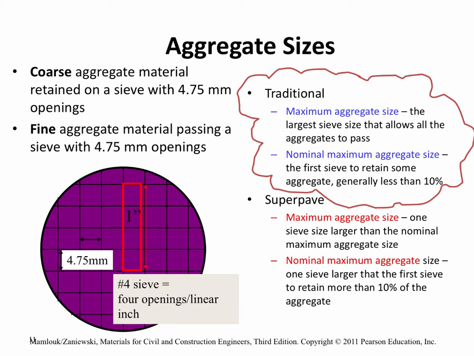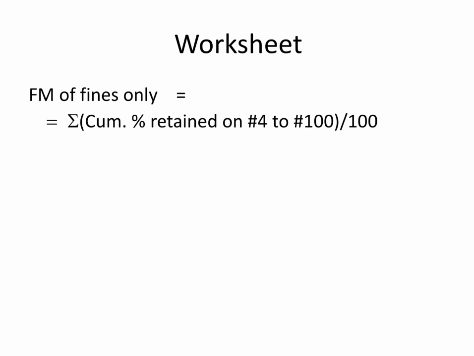And you can find the fineness modulus just for your fines, right? Anything passing through the number 4 opening. And you can also find it for your entire sample, including your coarse and your fine. And so what that looks like is, if you were to look on your worksheet, you'll see that we have a couple different formulas. So the fineness modulus, as defined in your textbook, if you are only finding it for